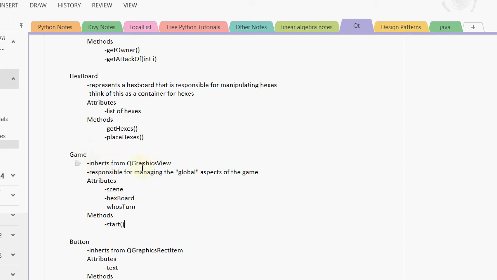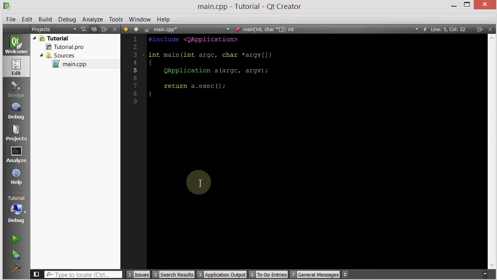So the game class inherits from QGraphicsView because it's the widget, and it's responsible for managing the global aspects of the game. It has a scene attribute, a Hexboard attribute, a whose turn attribute, and it has a start method that basically starts the game. Okay, so now that I have that in the back of my mind, I can go ahead and go into